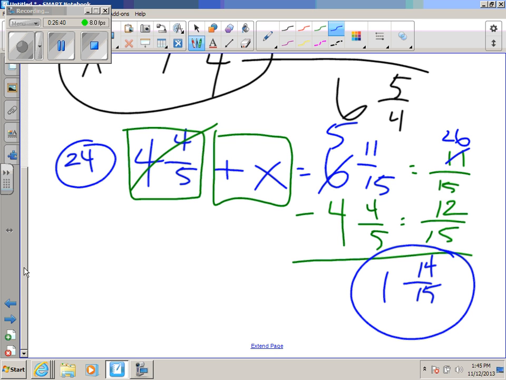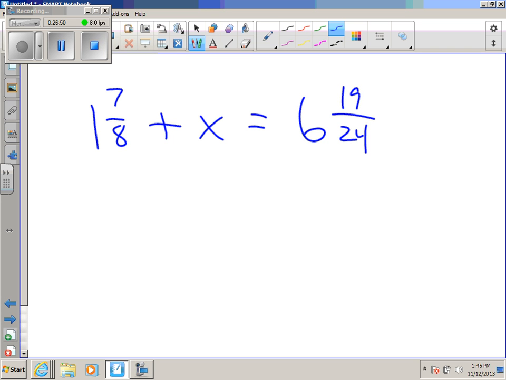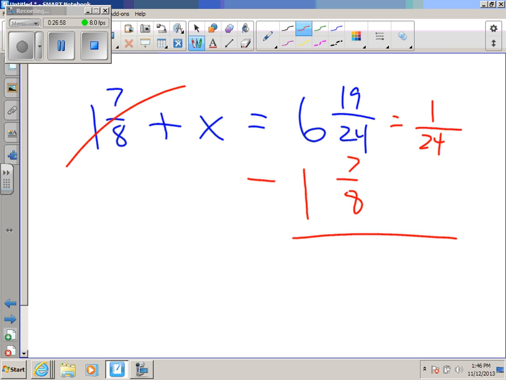25 is structured the same way. 1 and 7/8 plus x is equal to 6 and 19/24. Let's subtract 1 and 7/8 from both sides. Again, I run into the same problem. So I need to borrow. This time I'm going to borrow